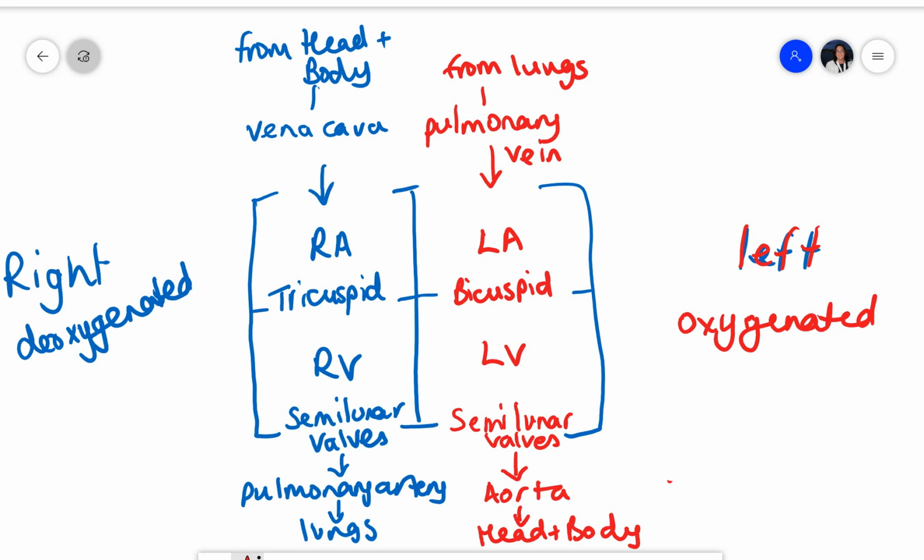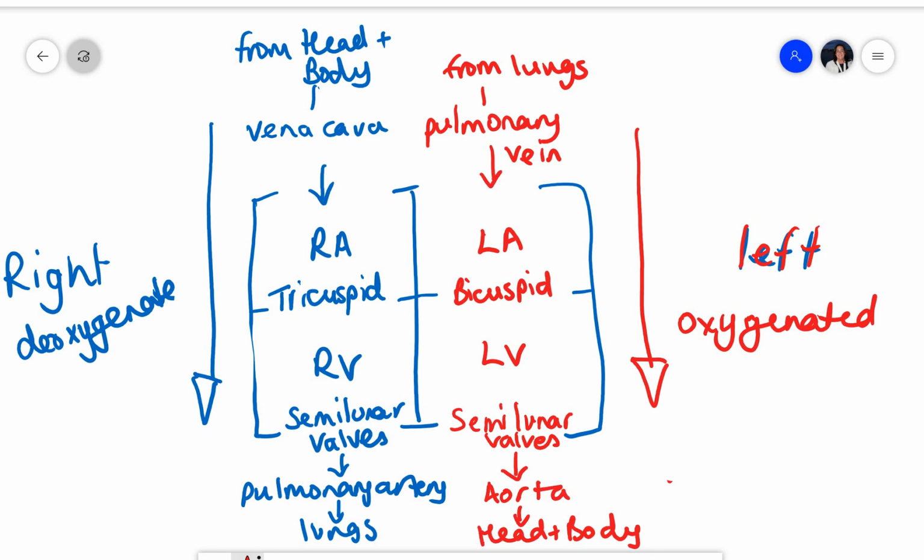Because if you're the type of person that learns things in sequence, then you have got clearly all of the names of the places where the blood has been, lungs and head and body, all of the names of the blood vessels, all of the names of the chambers, the atria and the ventricles, all of the names of the valves